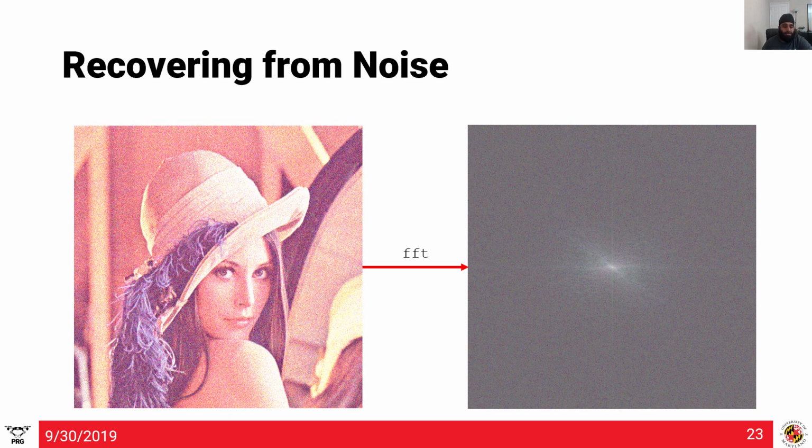So now we have a noisy image, the one you can see here. In this noisy image, we added salt and pepper noise, which is basically high frequency noise, which adds a very high frequency or very